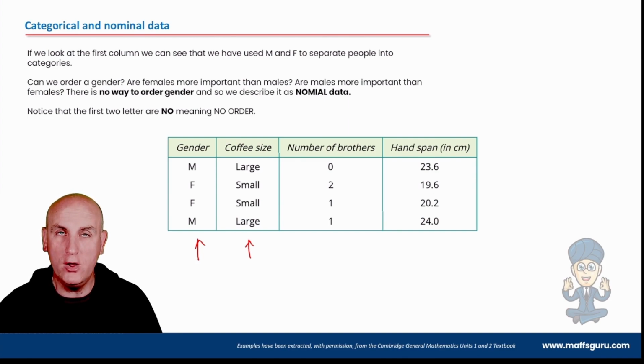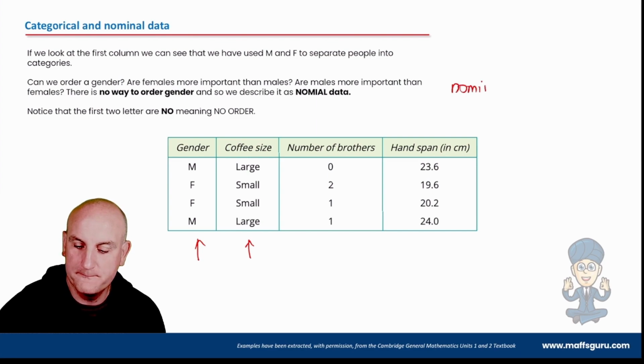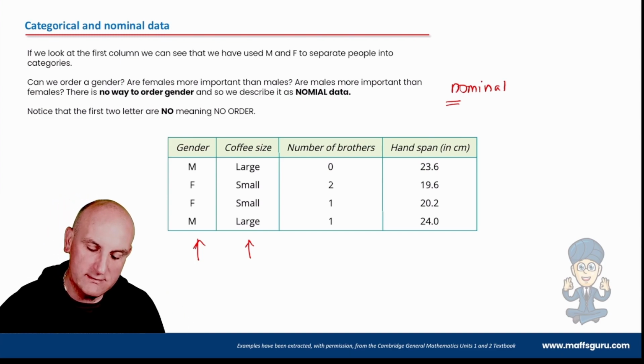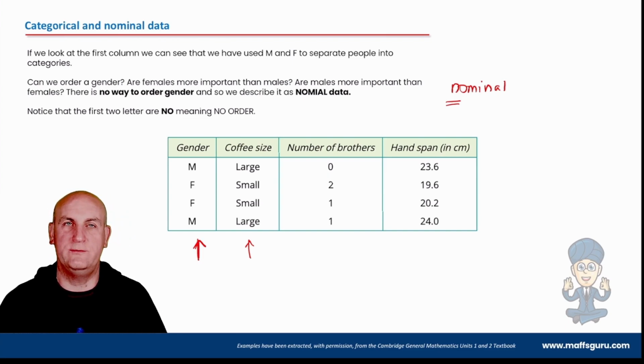Now, nominal, if I look at the word nominal, it begins with the word no. Now, what that means is that there is no order. I can't put the categories in any particular order. And so, for example, if I look here at gender, is male and female able to be placed in some